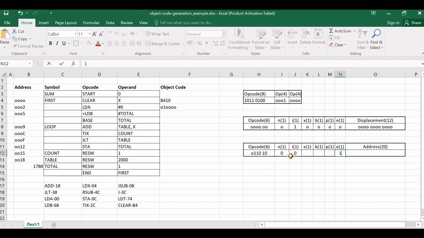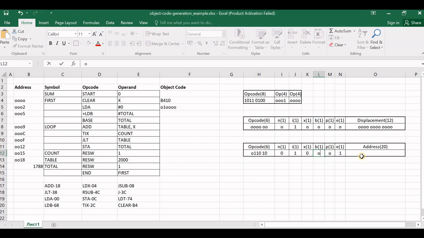So you had made this I bit as 0, but since the instruction is in immediate addressing mode, change that value to 1. And the instruction is not in indirect addressing mode or indexed addressing mode, so retain the n value as 0 and make the x value 0. As we have seen in the previous instruction, when the instruction is in immediate addressing mode, you need not calculate the target address or the displacement using the p value or the b value. So the B bit as well as the P bit are reset to 0.